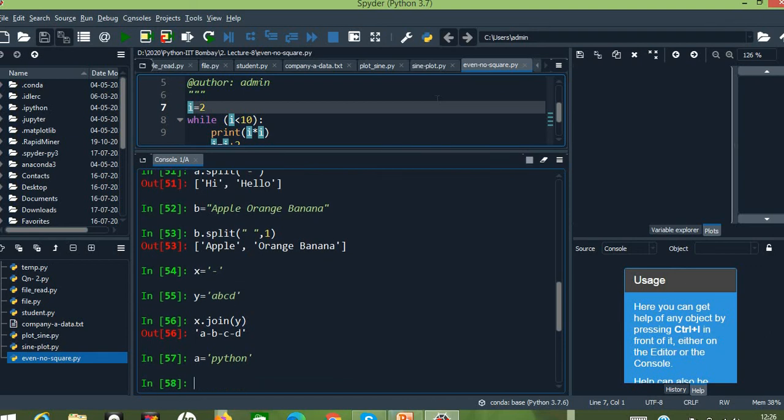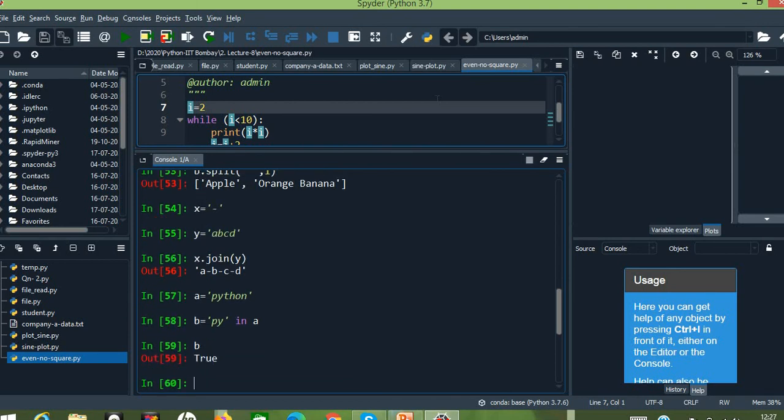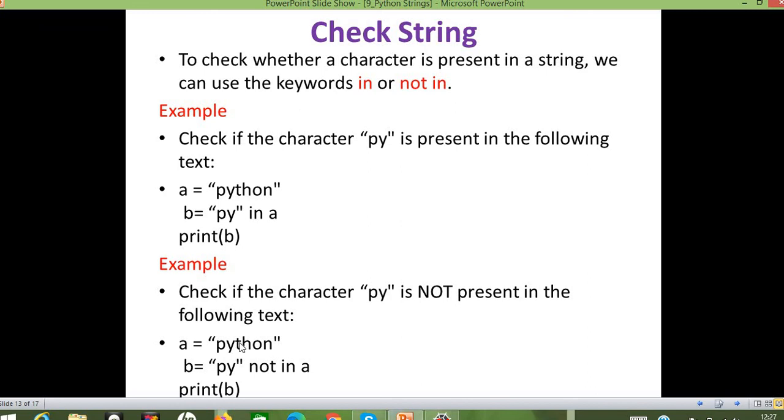A equals to Python, and let me take b equals to py in a. So what is b here? The value of b is true. Why? Because the characters py is present in variable a, right? So this is about in operator.